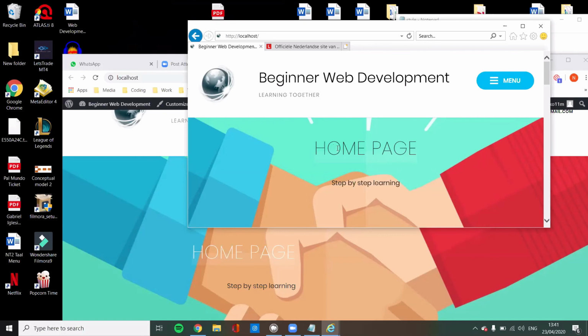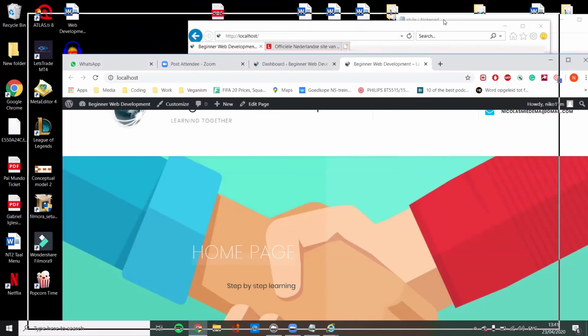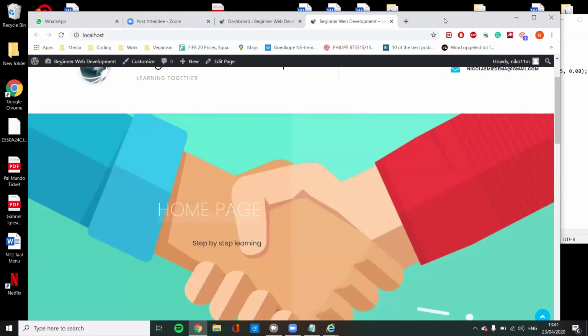So that's the black text. To refresh your cache on a browser, it's different for each browser. It's different for Internet Explorer, Firefox, Chrome, but you can easily find it. For Chrome,